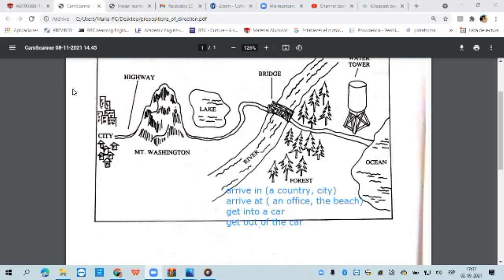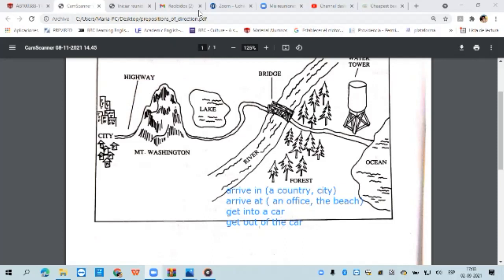Aquí no. Pasamos por, walk past the lake, lo pasamos de largo. But here there was a curve, therefore it is no longer walk past or go past, but go around the lake. Here, across, from one side to the other side. So across. But here we have a forest, and we go through the forest. And here we walk past the tower. Can you see what I mean? Yes. Any questions or comments about it?